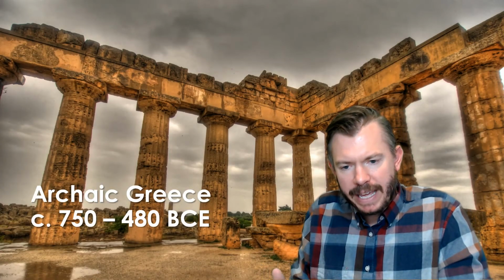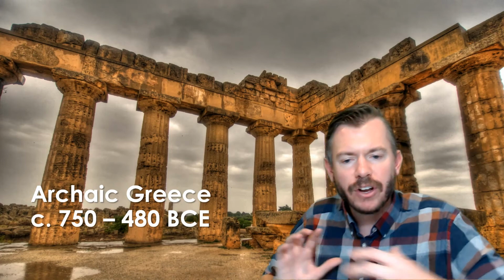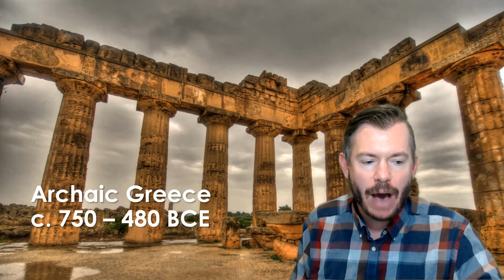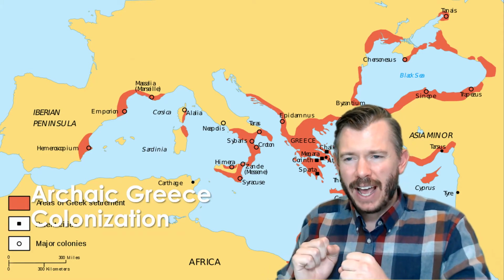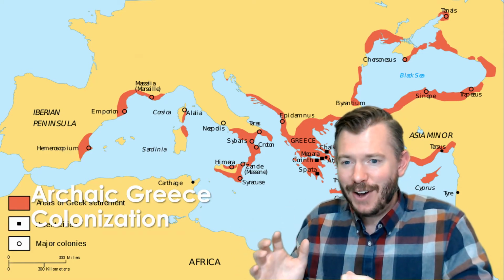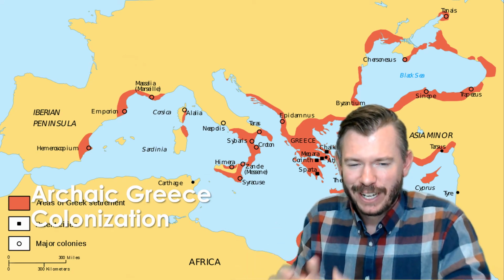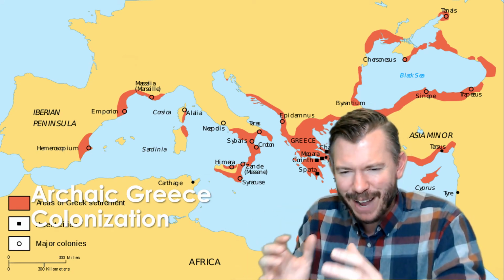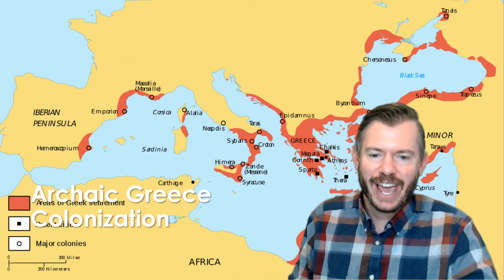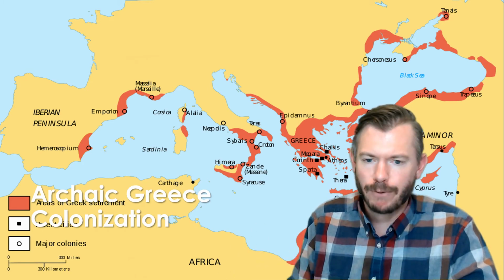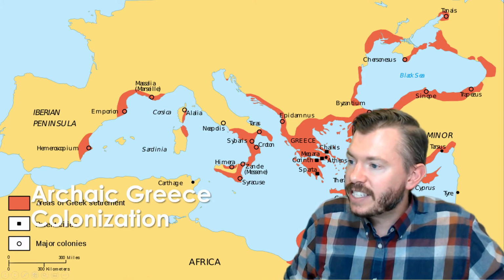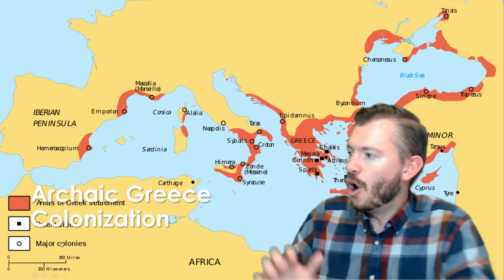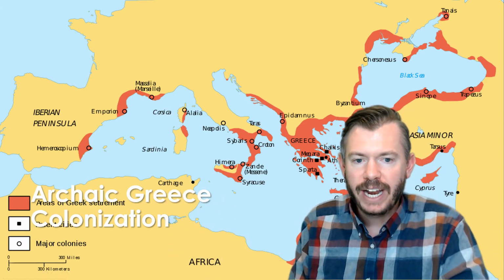Now, it all begins in the Archaic period, when the Greeks are coming out of the Dark Ages. And there are a couple of things that happen here, more than a couple. Almost everything we think about ancient Greece, everything we associate with it, gets its start in Archaic Greece, from 750 to around 480 BC. So one of the big things is colonization. They set sail from the Greek mainland over into other parts of the Mediterranean.